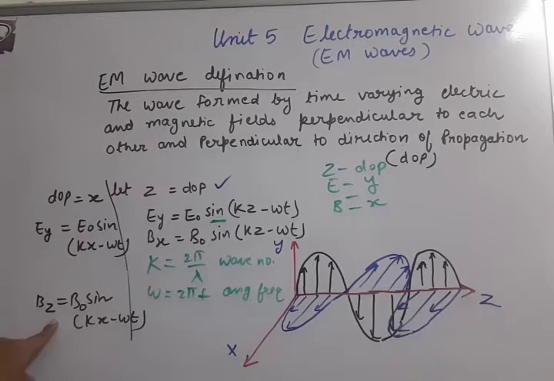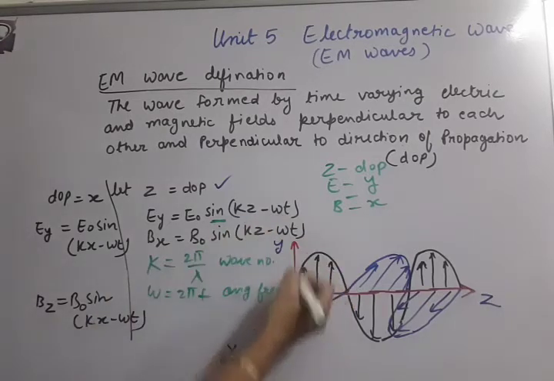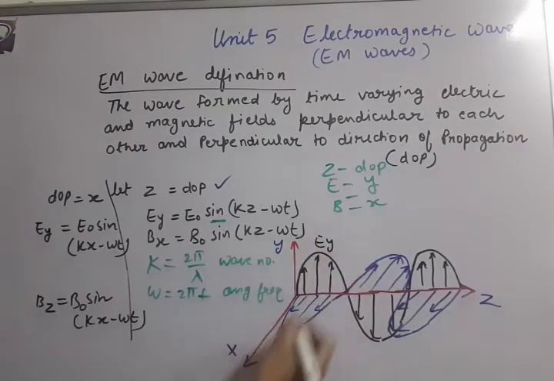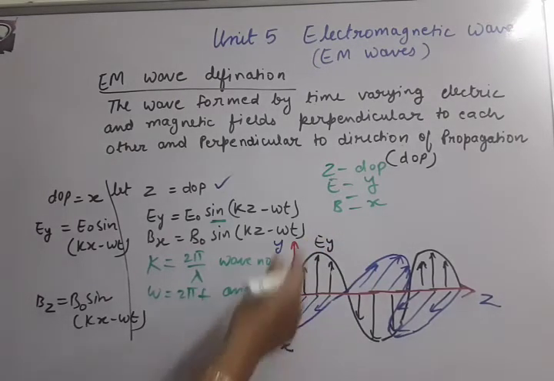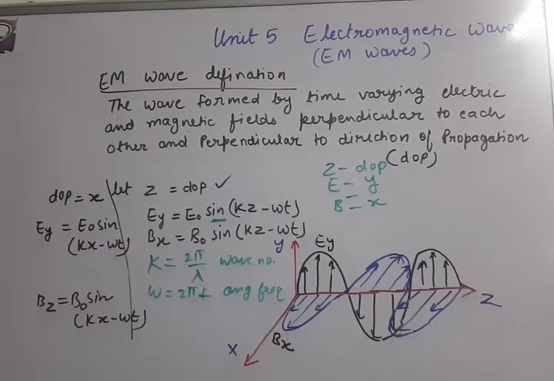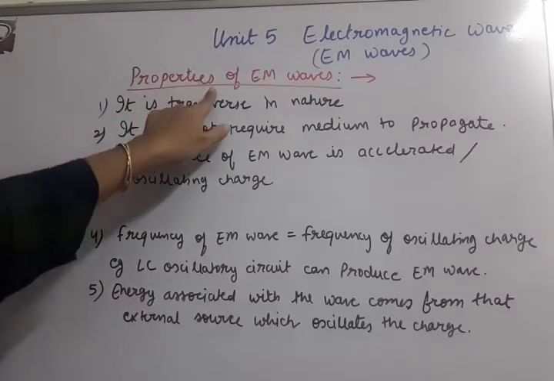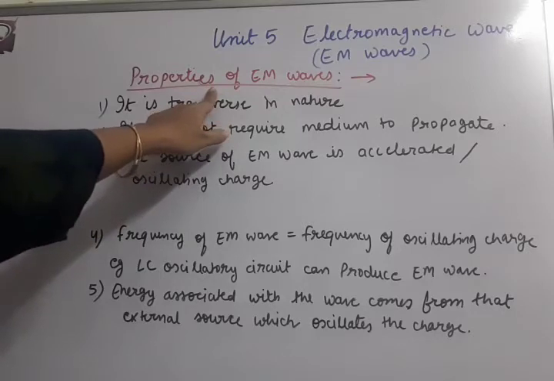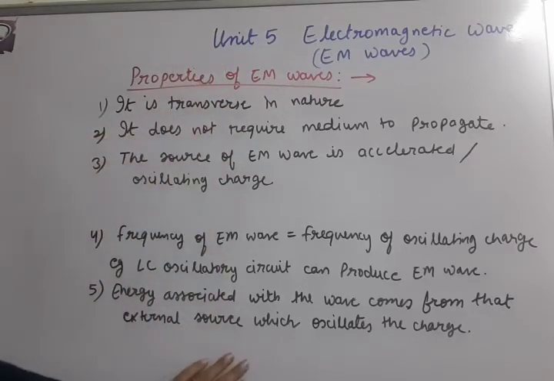Now note down this detail. We are proceeding further. Mention here that this was EY and this is BX for this case. Note down. Students, you have to list down some properties of EM waves. Okay, so these are the notes. Keep on writing. And let us understand some properties here. Then we have some more properties.